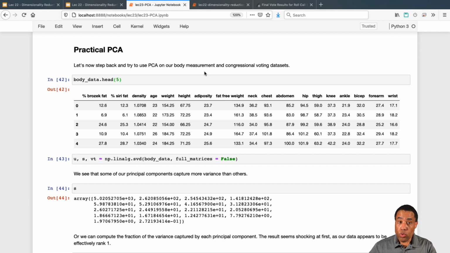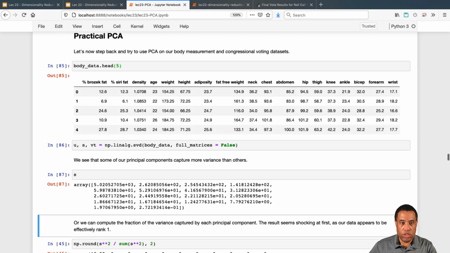Okay, so we're going to use our body measurement and congressional voting data sets. If we take a look at the body measurements data set again, there are lots and lots of measurements, some of which I don't know what they actually mean, but let's just explore the data and see what we can learn from it. The first thing we need to do is a singular value decomposition. First, let me just show you the beginning of the data. Then we're going to do